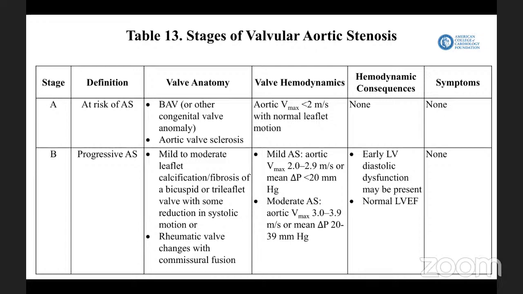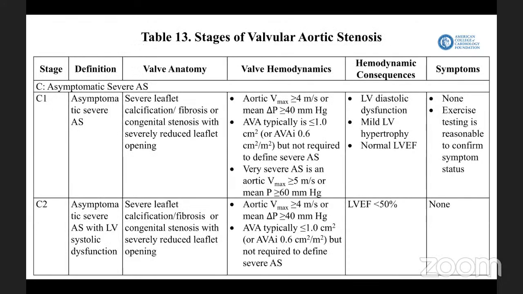aortic stenosis. And for moderate aortic stenosis, the aortic peak velocity ranges between 3 to 3.9, and the mean pressure gradient is from 20 to 39 millimeters of mercury. And in terms of hemodynamic consequences, they tend to have early LV diastolic dysfunction and normal ejection fraction and no symptoms. Moving to stage C, which is usually the asymptomatic patient subgroup, but with severe aortic stenosis, and it's subclassified into